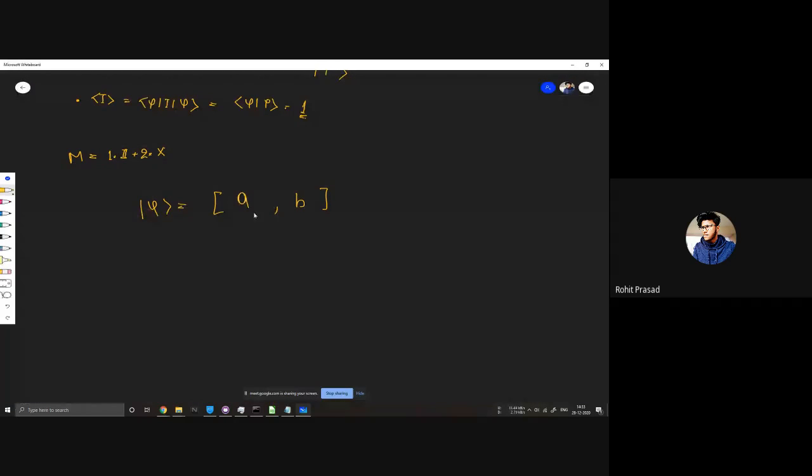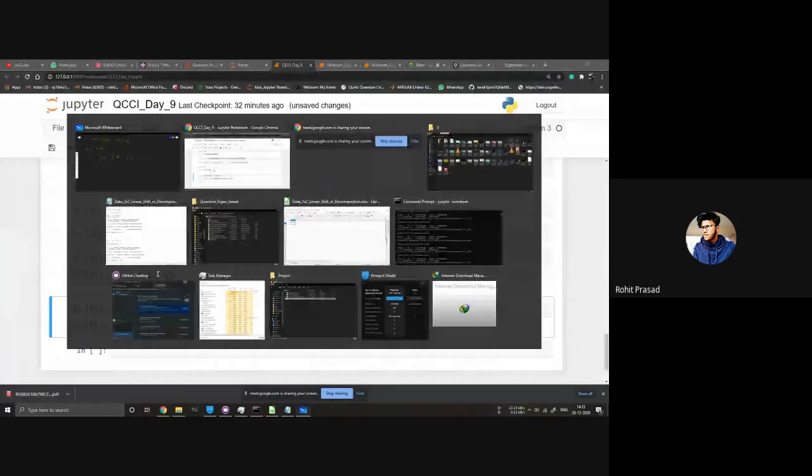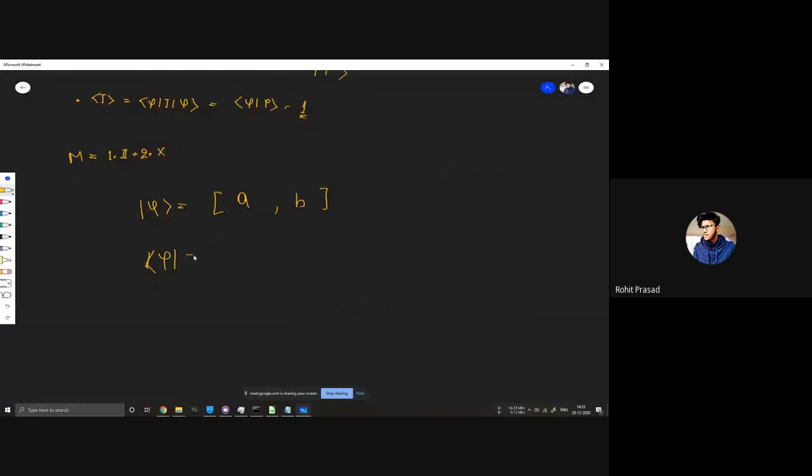So what I did is take a transpose of this. Sorry, the psi should be A comma B, something like this. I took the conjugate transpose of A comma B, and then calculated that thing.